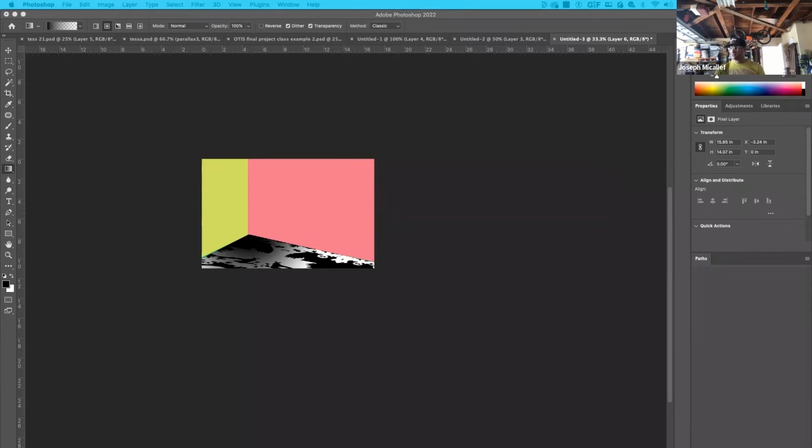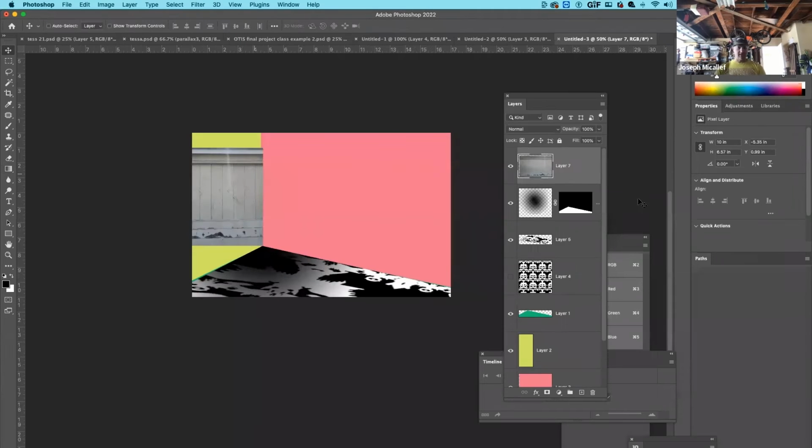And then with the walls, I'll add other elements. So I'll come in here. I have this garage door that I like. So I'm going to grab this garage door image. And so I'm going to do the same thing. I'm going to use this perspective warp again on this garage door that I threw in here and just select